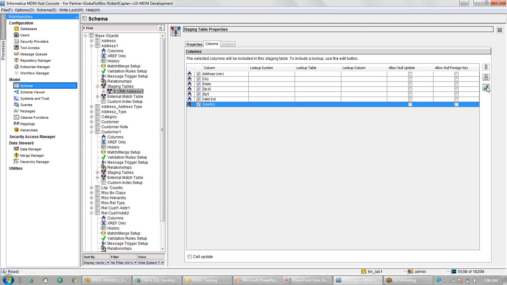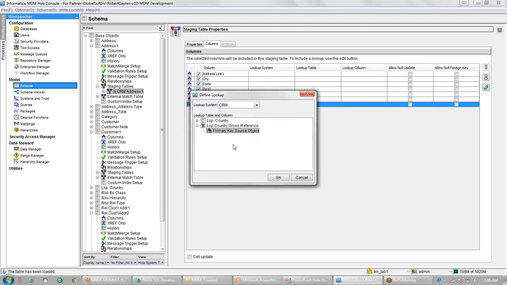Now if I click on this edit button, I will again see these two things, the base object and the cross-reference table. In this case, I don't need to go through the PK source object. I will select the country code column, because with the lookup table I am not going through the PK source. I will be passing the exact value, like IND or US, as a country code value, not the PK source object, which will get converted into the row ID object. So for lookup tables, we always select the exact column, and for the business tables, we always select the PK source object.